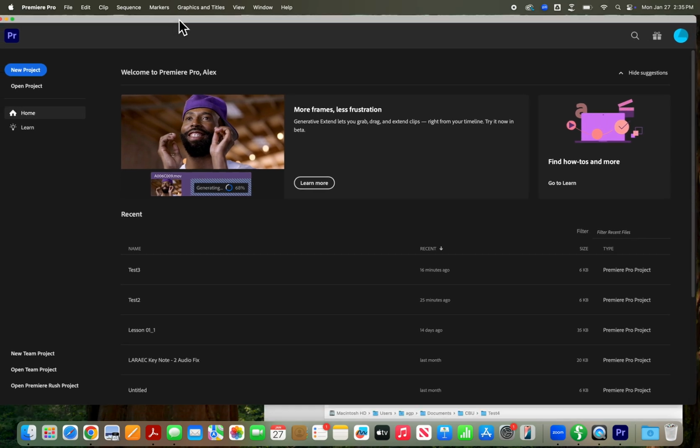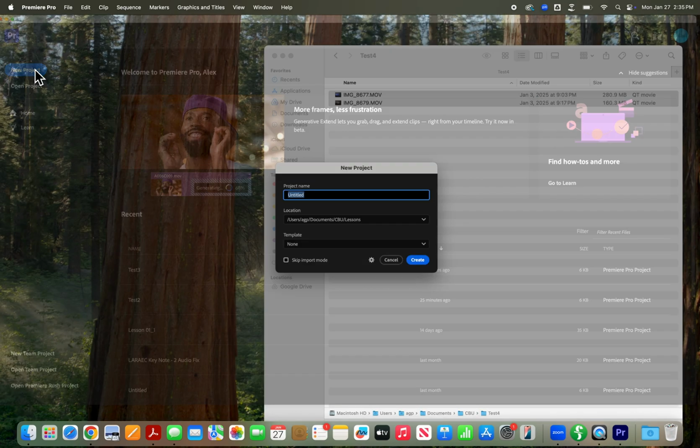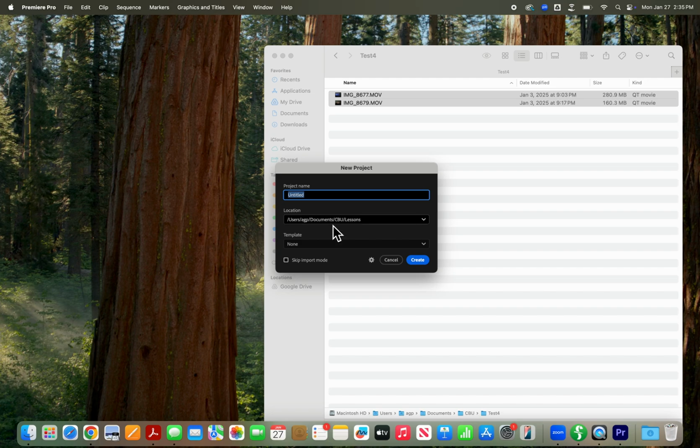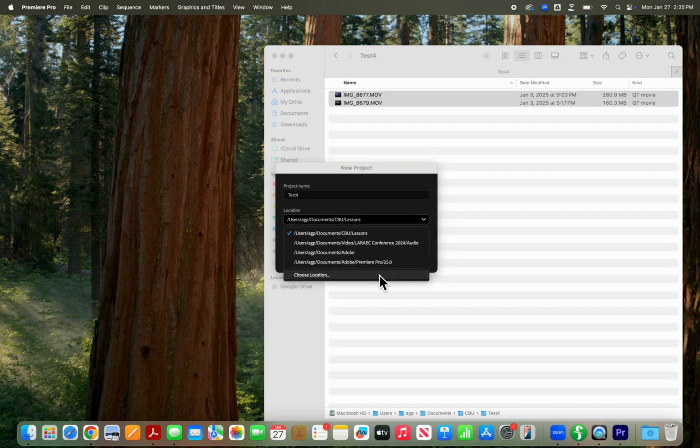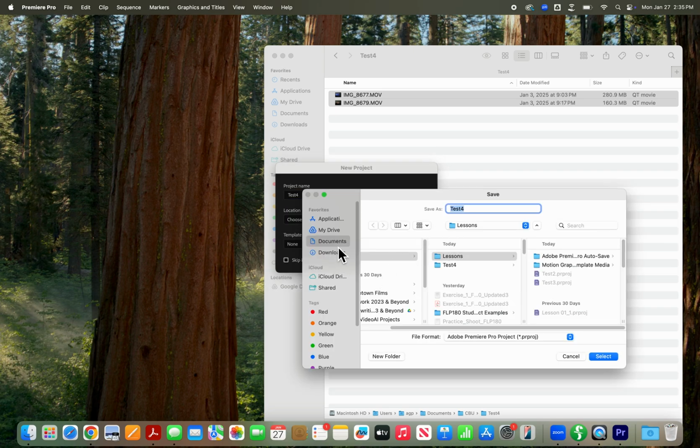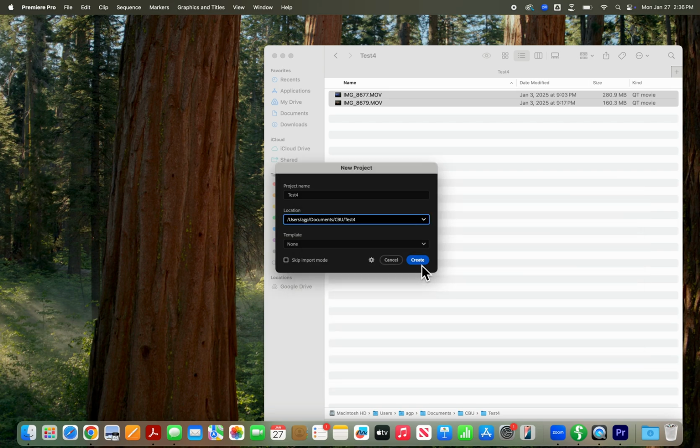Okay, and I'm just going to do this nice little new project tab here. Give it the name Test 4, because I already have a Test 1, 2, and 3. Okay, and you can choose a location, and I'm going to go ahead and choose that Test 4 folder. Okay, so I'm going to go select, create,